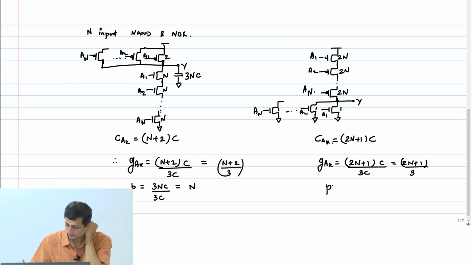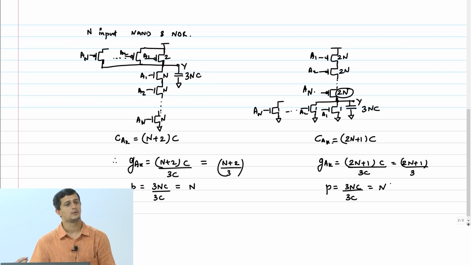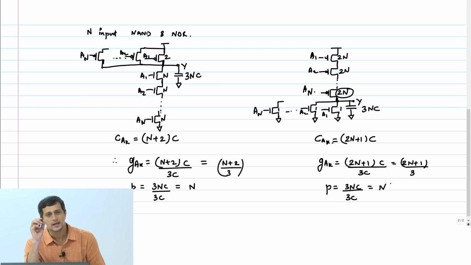What about the parasitic effort? You get 2N coming from the PMOS and NC coming from the NMOSes. So you get again 3NC, right? So this is 3NC divided by 3C equals back to N. So again, if you look at this, the logical effort, as I increase the stack, be it NMOS or PMOS, is going to increase,